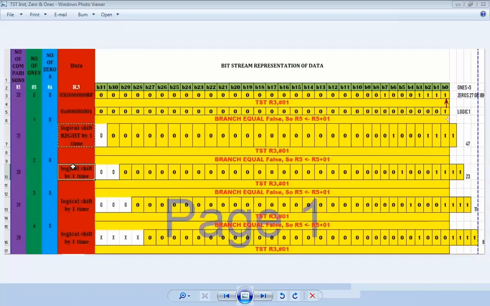So ultimately, with TST, we are able to find out how many ones and zeros. We are able to find out if it's an odd number or even number, and we are able to find out if it's a positive number or a negative number based on its value of MSB. So just practice these 3 programs. Try to change the numbers, try to change positives and negatives, manually calculate, do a 2's complement and check the values. Are you getting FF, F5, right? So all this you can do, and you can verify if the same values you're obtaining even in your software.